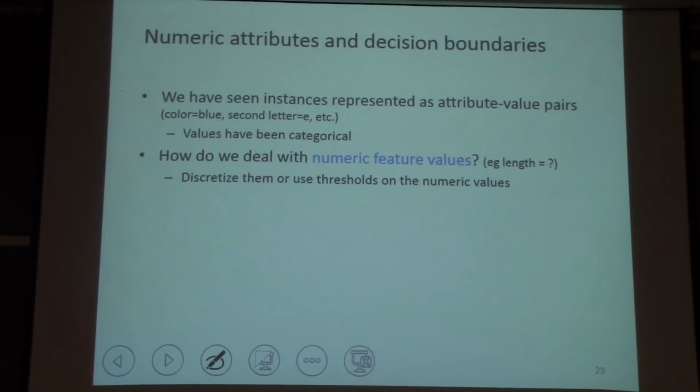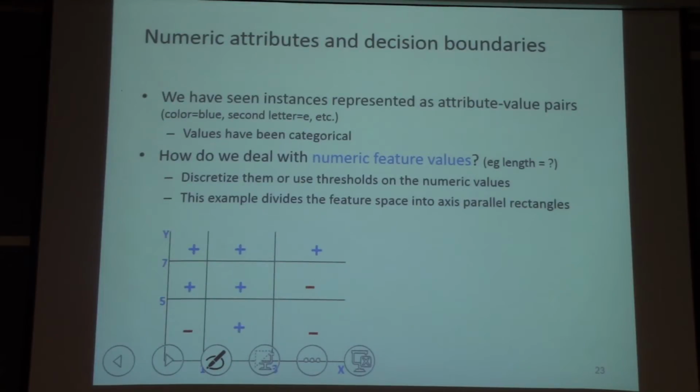So you discretize them. You have some thresholds that you define. You know these thresholds beforehand. It's part of the design of the program, and you create bins. Just as an example, say you have two features, x and y. Both of them are real valued, and